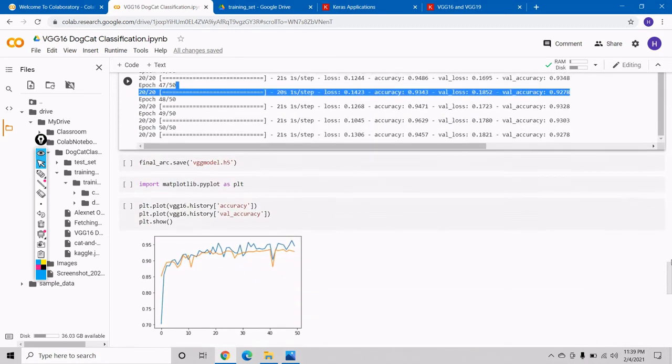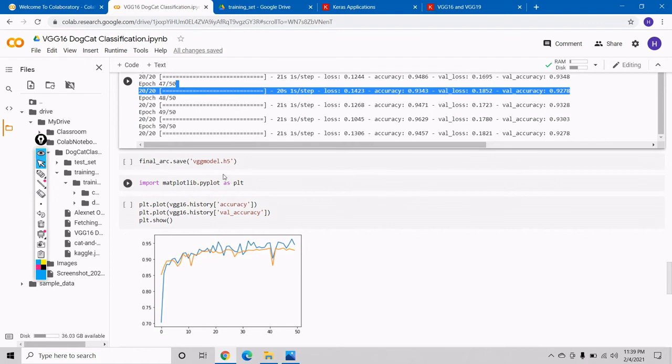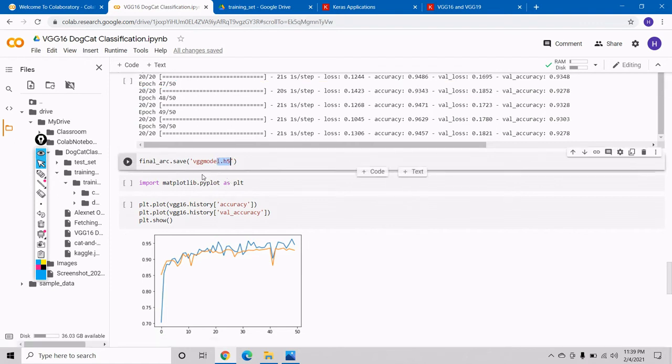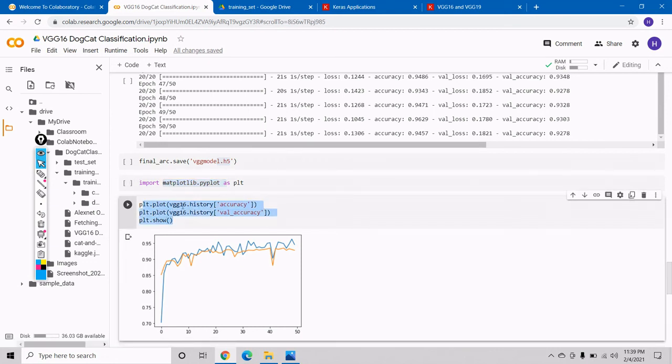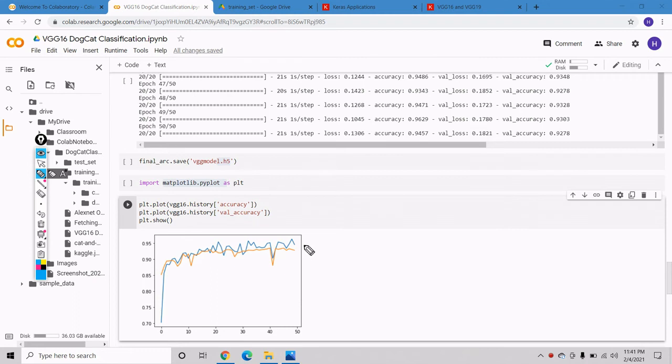After that we save this model, and with the help of matplotlib we look at our accuracy. We can see there is a very small difference in our accuracies, so we can say it is not an overfitted model.